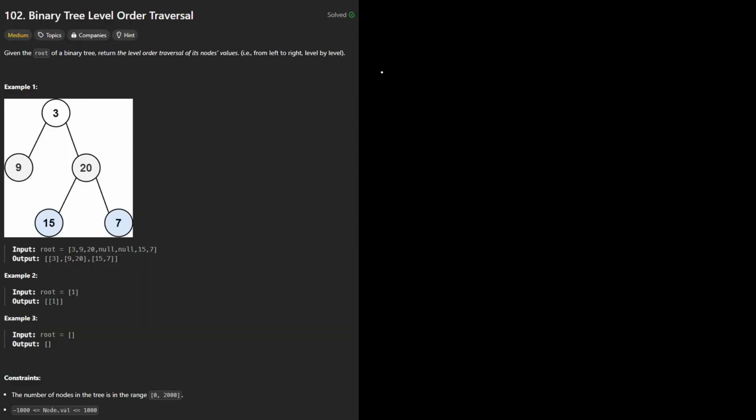Hi everyone. In the given problem statement, we have to traverse a binary tree in level order traversal. We're given the root of a binary tree, and we have to return the level order traversal of its nodes from left to right. So let us take this example of a binary tree, which is 3,